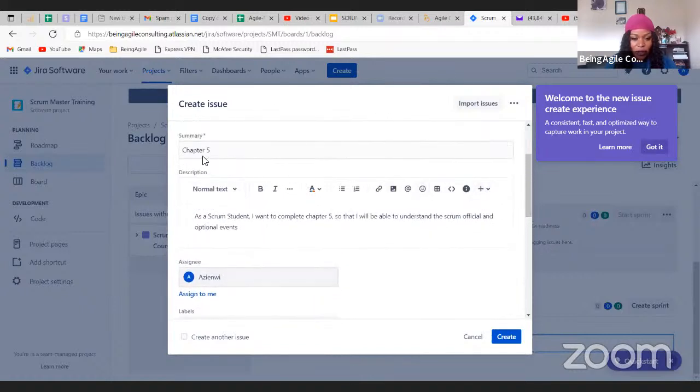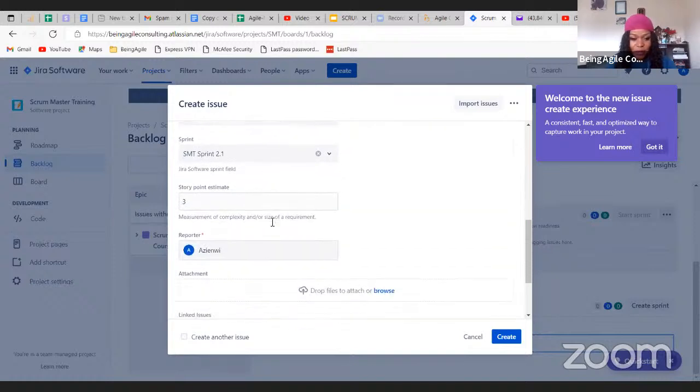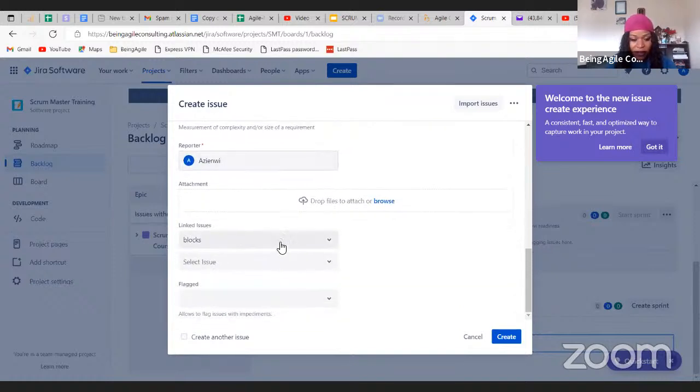acceptance criteria field, just like a description field. Usually right after the description field, there is an acceptance criteria field. That's where you would enter all of the acceptance criteria, as the PO would do, or whoever is creating that story. But yes, you would need to do that. And